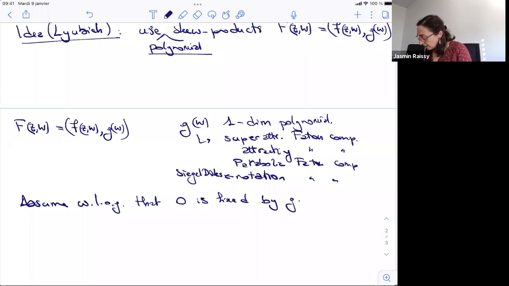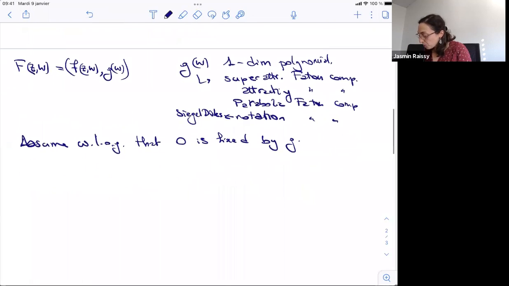Okay, so 0 is fixed. And why am I, so this is something that is in my mind, but I didn't say it, so I should. So why am I considering Fatou components for g? Well, if I have a Fatou component for capital F here, of course, it has to project. So when I project it down on the w coordinate, I will have a holomorphic map,